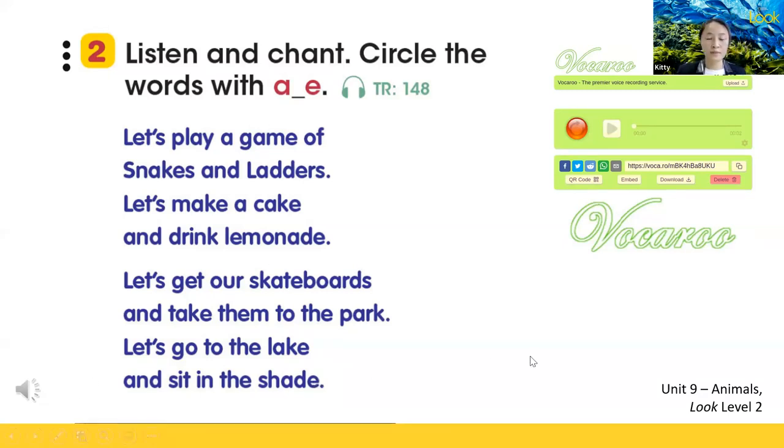Let's play a game of snakes and ladders. Let's make a cake and drink lemonade. Let's get our skateboards and take them to the park. Let's go to the lake and sit